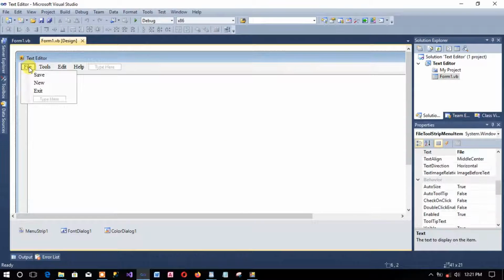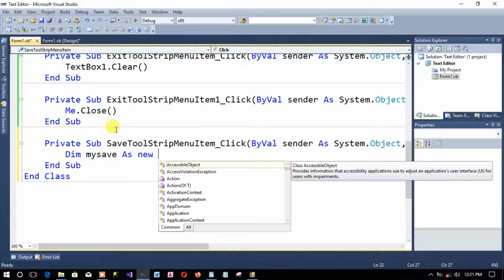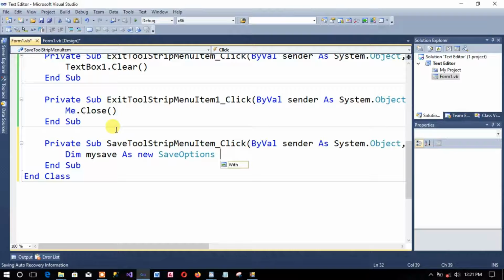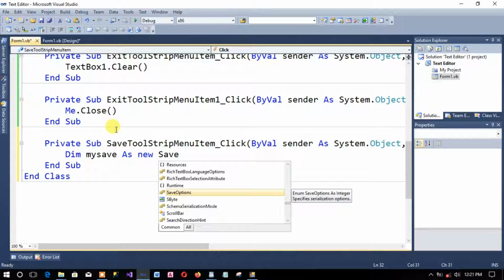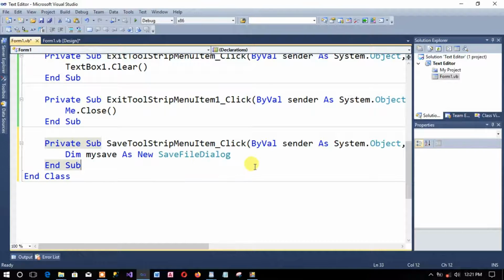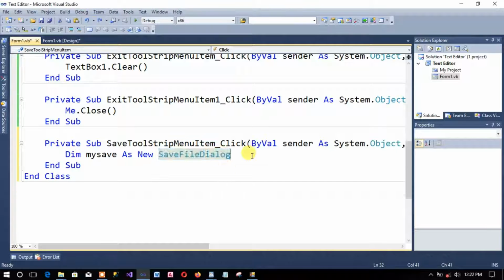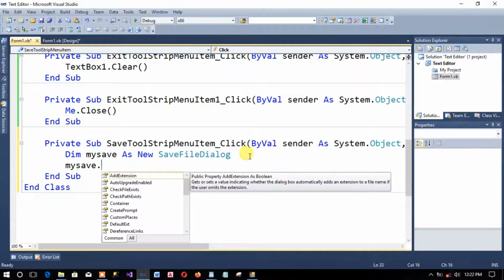Now let's take care of the save button. Now let's declare the following: Dim mySave as New SaveFileDialog. Now let's click on this. Now let's move to the next line. Let's undo. Now let's enter mySave.Filter